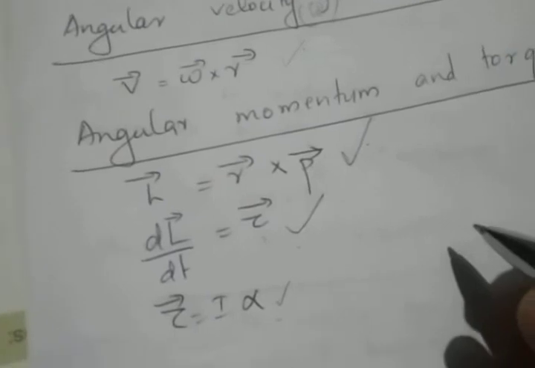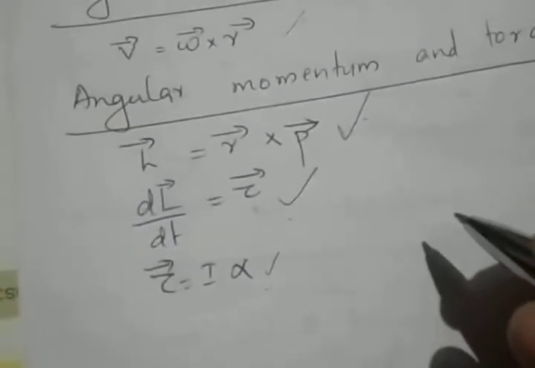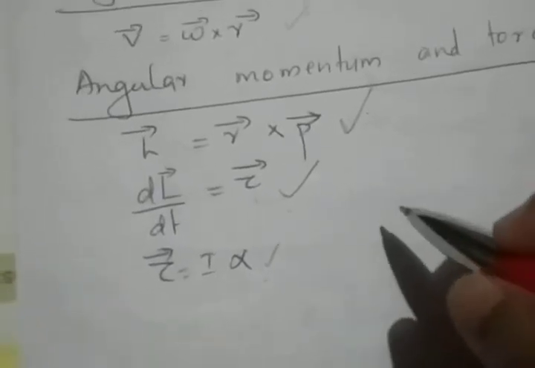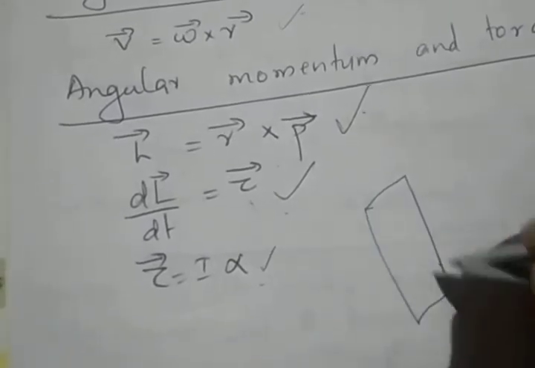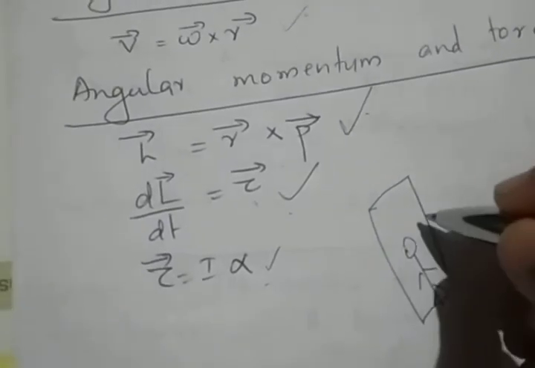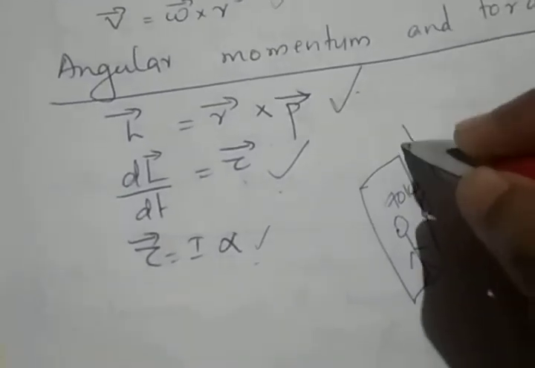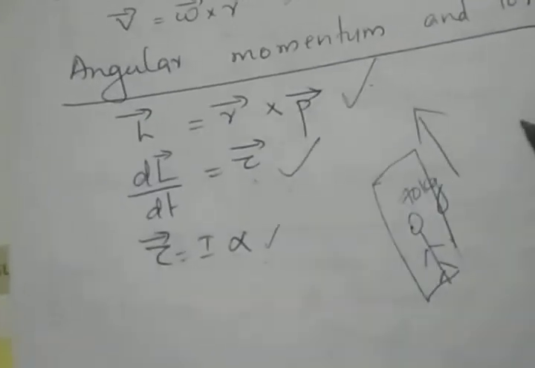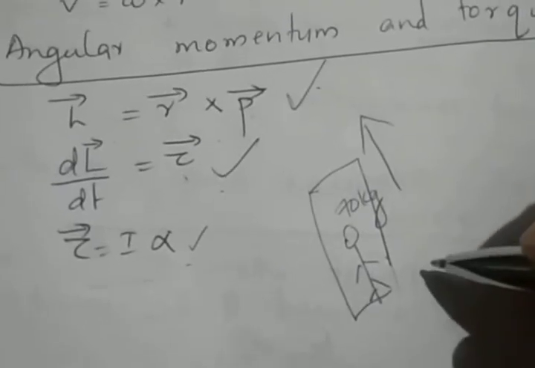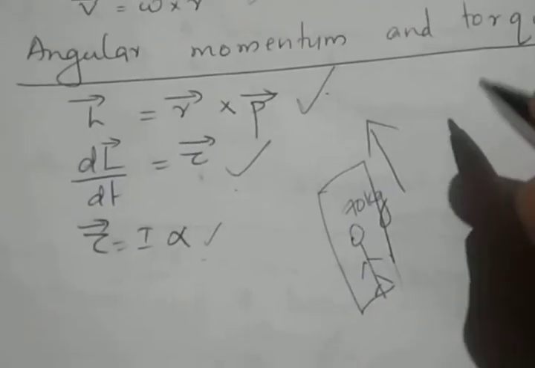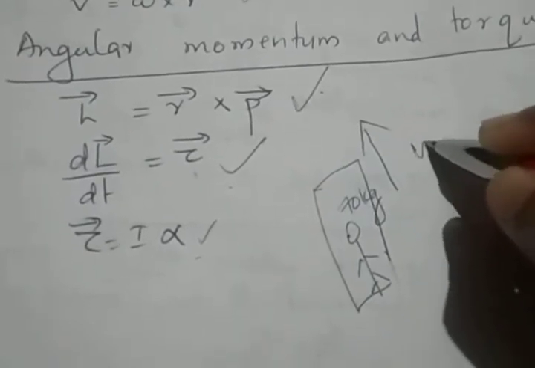Also, one more concept I just wanted to discuss. This concept is coming in chapter 5, that is force and laws of motion. That means the movement of a lift. So consider inside a lift a person is standing, and his weight is suppose 70 kg. Now suppose the lift is moving upward. So when the lift is moving upward, what happens? The lift is accelerating upwards. So what happens to the weight of the person inside the lift? Yes, when the lift is accelerating upwards, the weight of the person also increases.